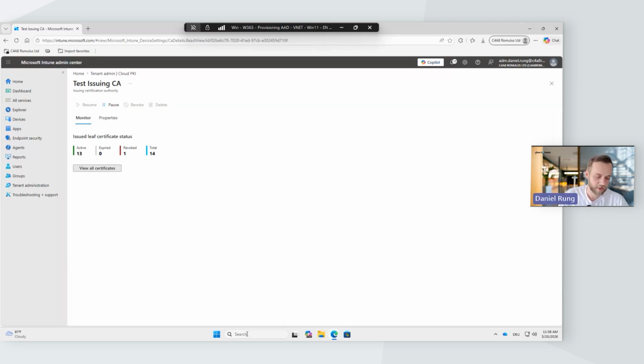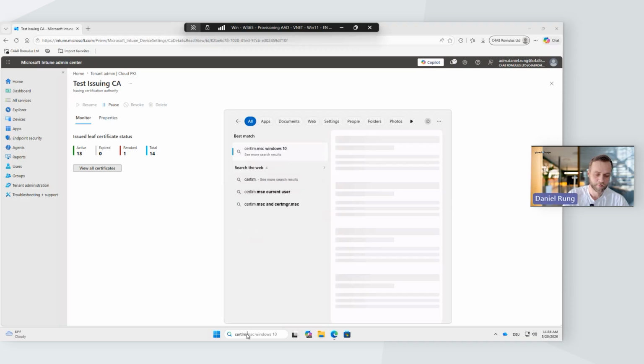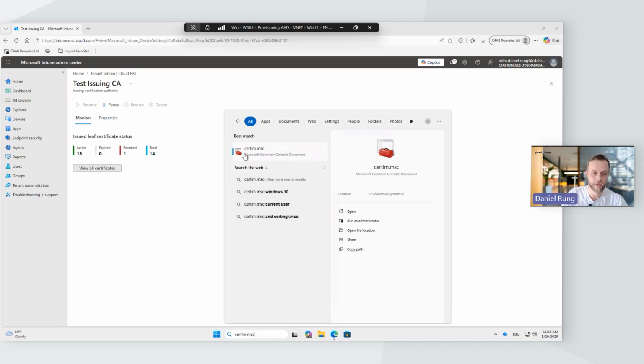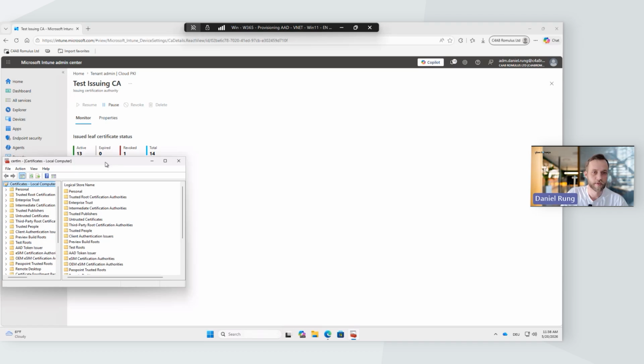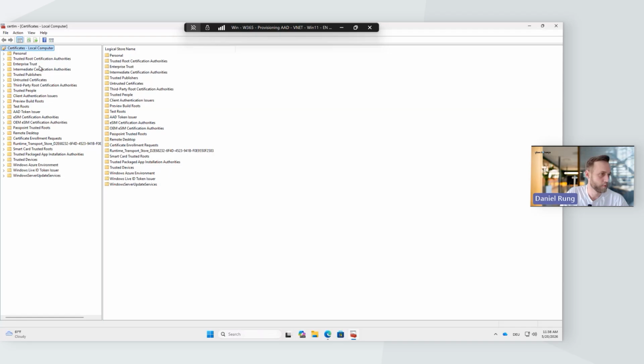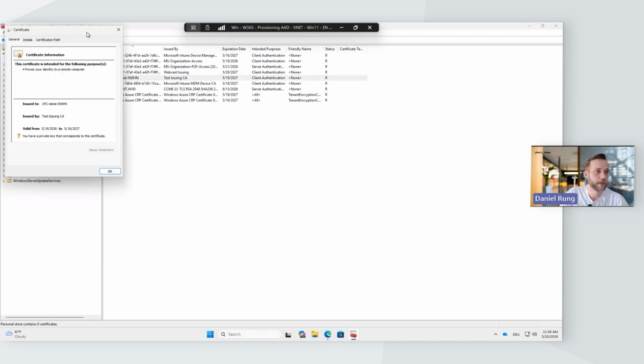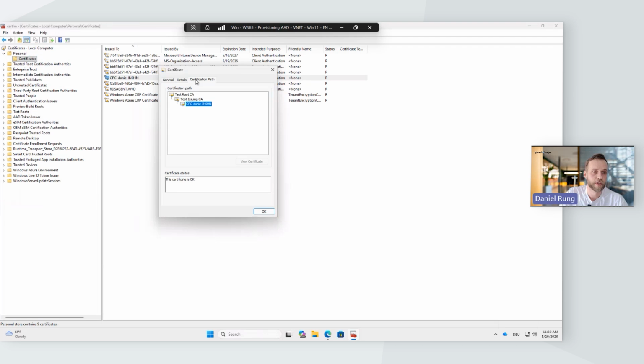So on a device which got a certificate through a SCEP profile, you can also go in the local certificate store, and here you have all certificates which are stored in the local computer store of certificates. And if you go under personal, I delivered this one from the test issuing CA, and here you see exactly the certification chain. So I got one for my PC, it's issued by this one, and this is chained to